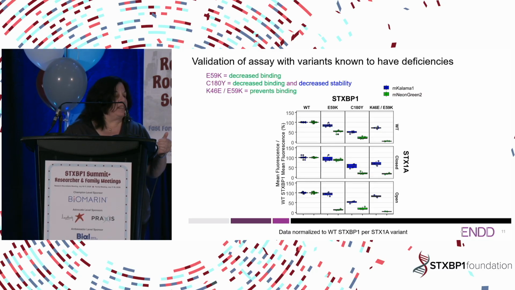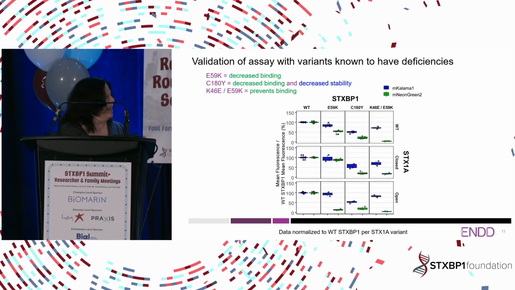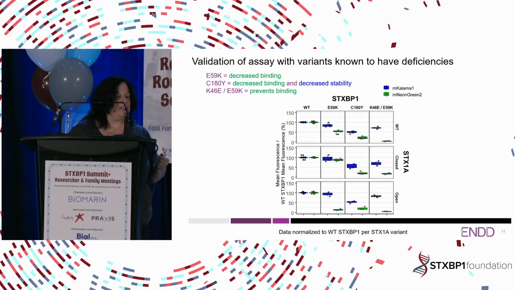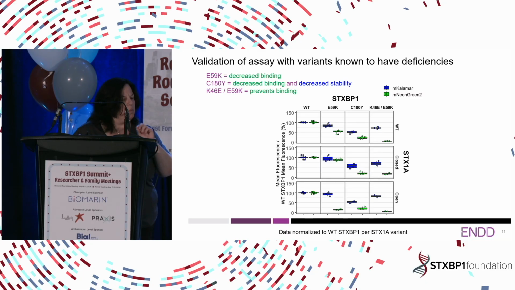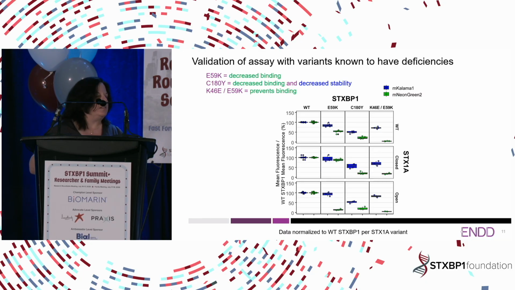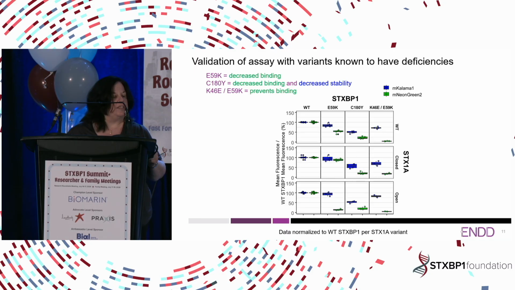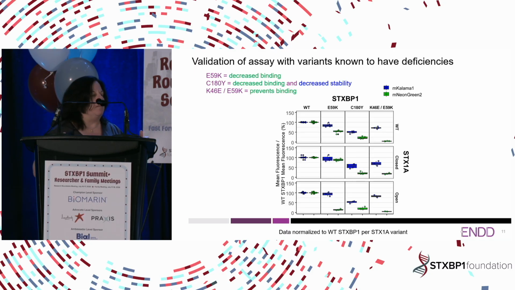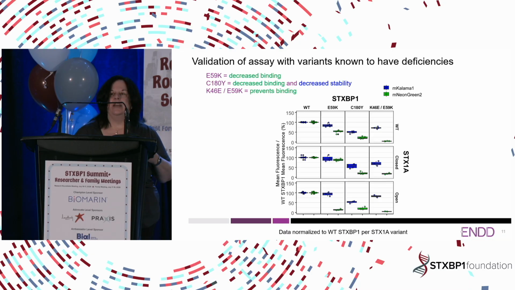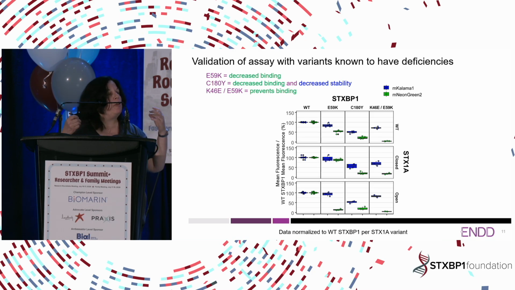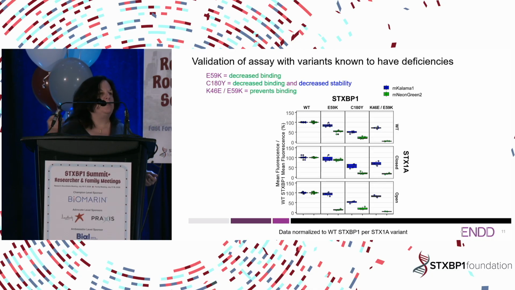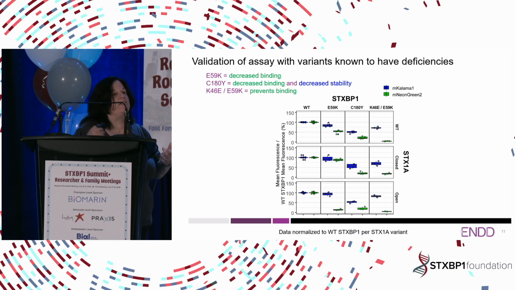So, as we expected, the E59K variant has a decreased binding. It has very little change in CALMA1 stability. And so this is what's expected. Now, what wasn't expected is when we looked at the different syntaxin conformations, is that there was very little change in binding when looking at closed syntaxin, but very dramatic loss of binding when looking at open syntaxin. This identifies for us that there are differences in specific binding conformations of STXBP1 with syntaxin for some of these